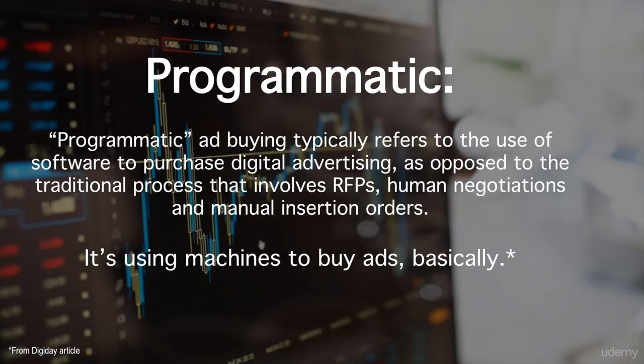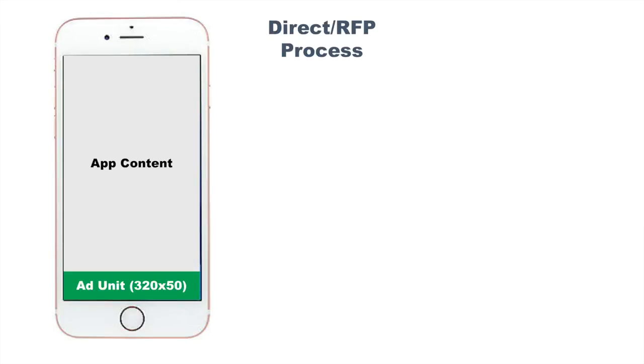Programmatic ad buying typically refers to the use of software to purchase digital advertising as opposed to the traditional process, which involves an RFP, negotiation, and a manual insertion order. So that means you're using machines to buy ads instead of doing a manual place and buy one-to-one type of deal or negotiation. So to illustrate that, let's say we have an app and we're going to go through the